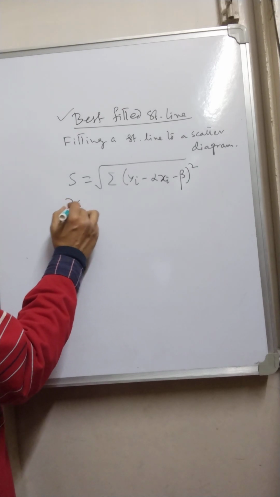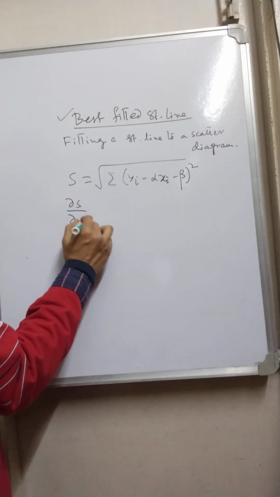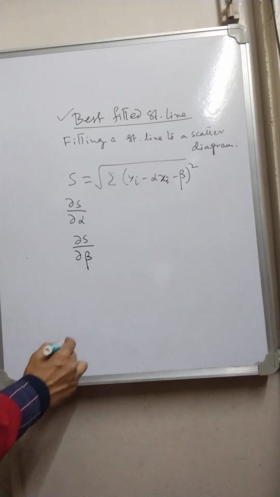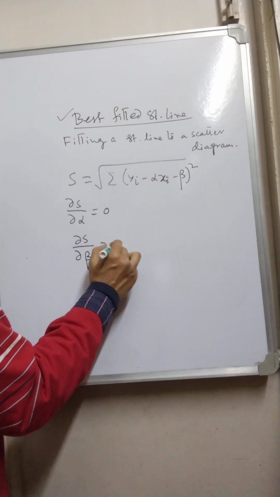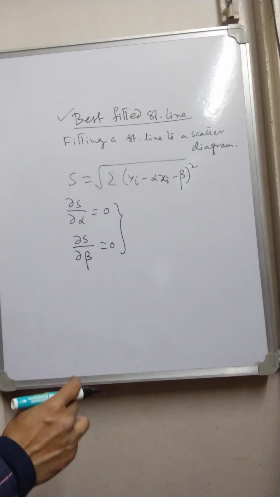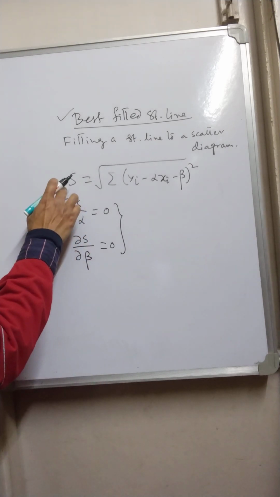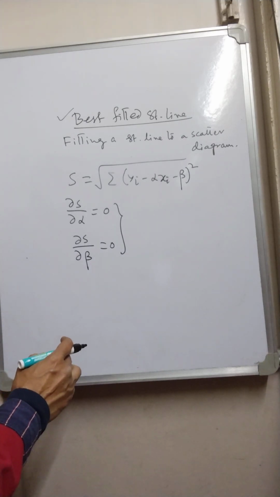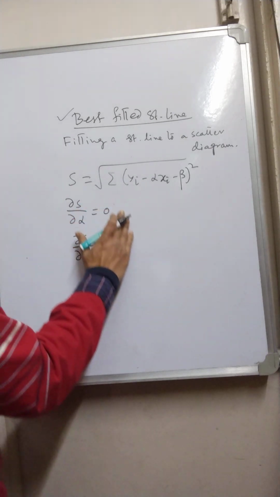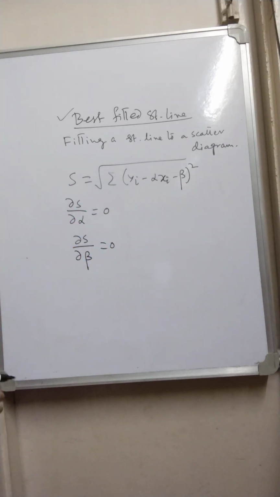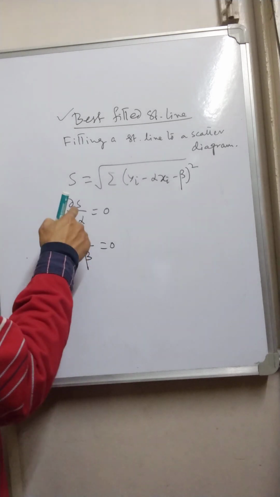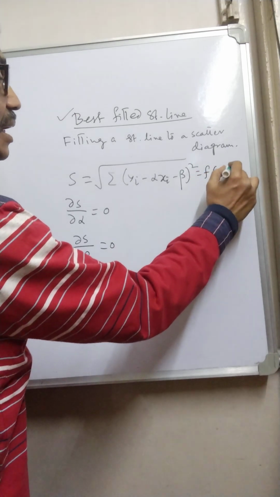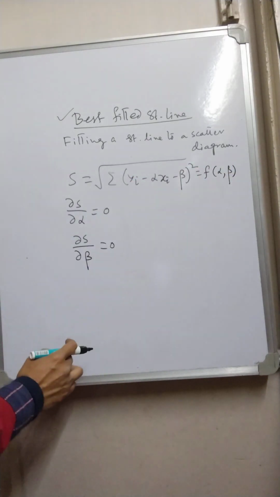So we would like to differentiate this s with respect to alpha and with respect to beta, and we will make them 0 so as to find the extreme value of this function, for which we must have a maxima or minima. And here we will find the minimum value if we differentiate it partially with respect to alpha and beta. Since s is considered here as a function of alpha and beta, and xi yi are constant,